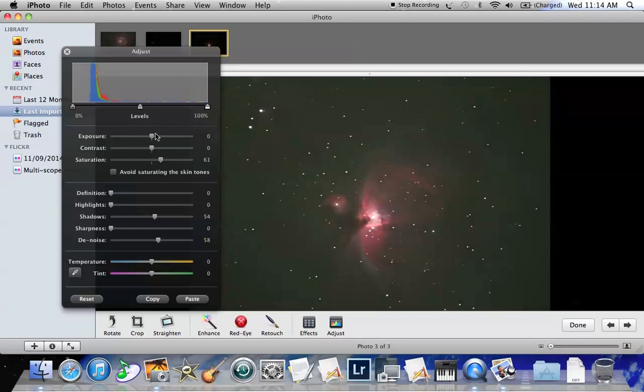Background. Probably try exposure just a tad down. And again. I might try the black point up slightly to get that background slightly darker. Probably going to leave it there. By the way, this middle one is also added to the iPhoto,